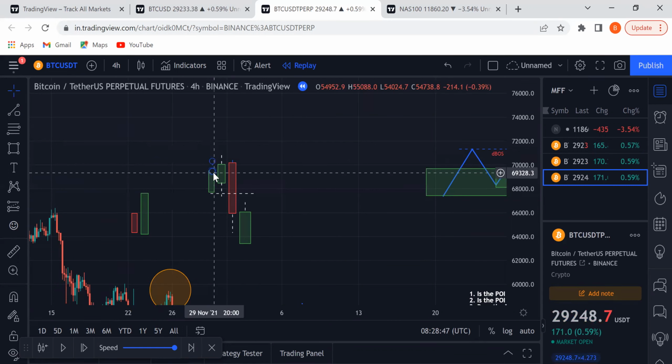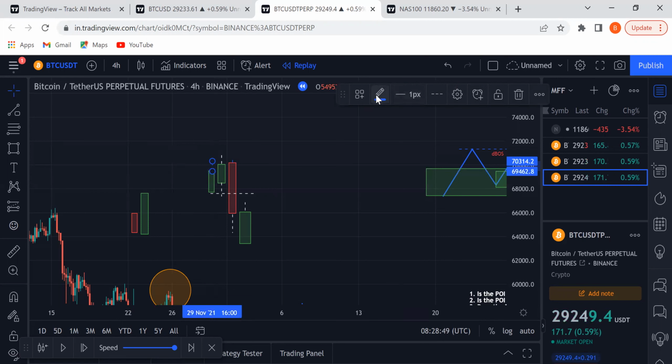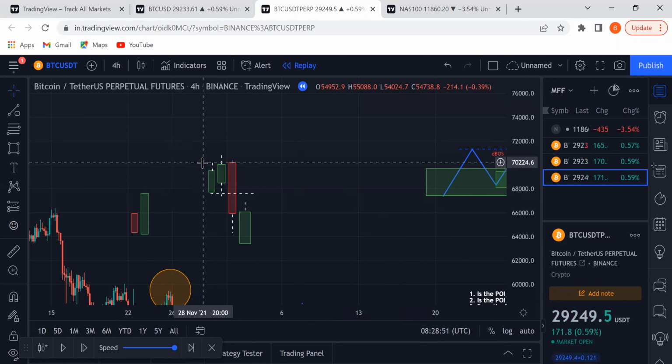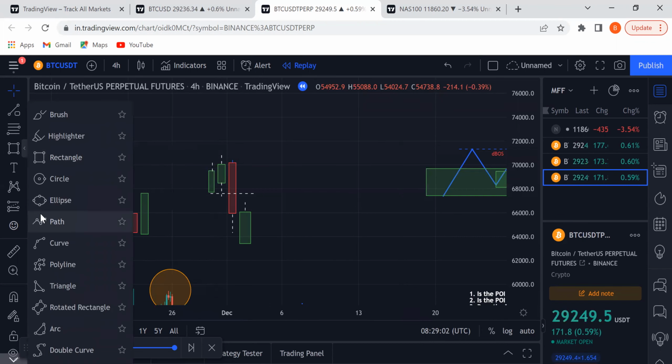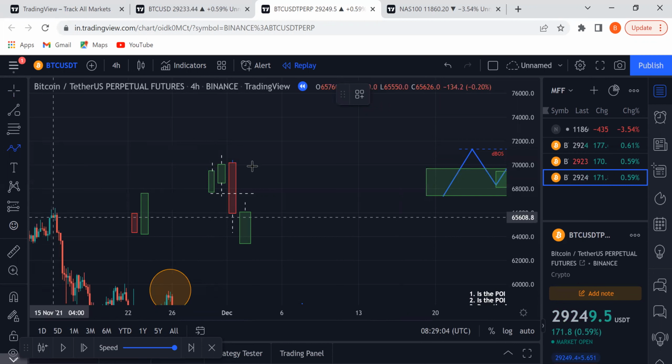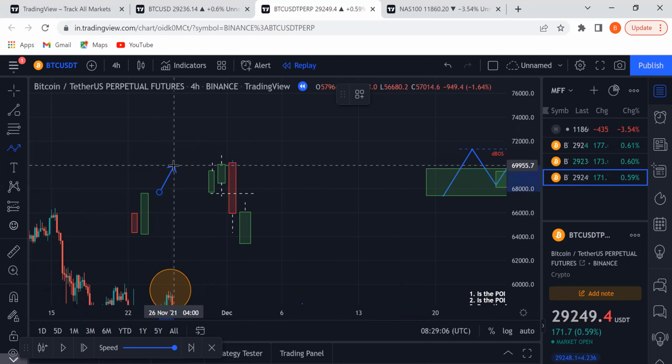Right? This is a liquidity sweep. That sweeps all the liquidity above this wick. Sometimes it may not be like this. Sometimes it can be a kind of double top. That double top is the most reliable one. If you have something like this,